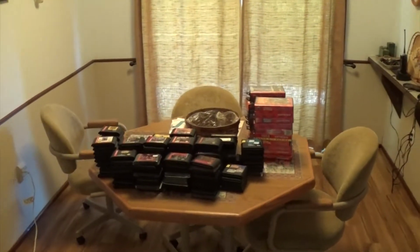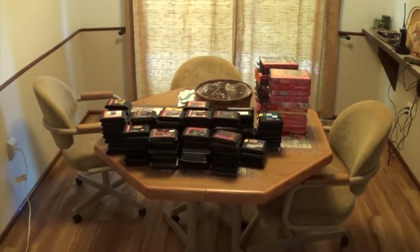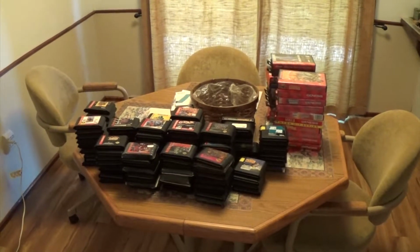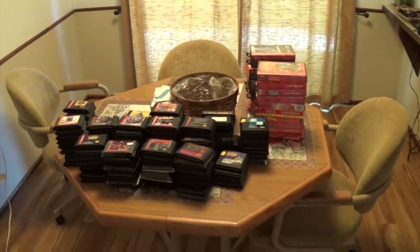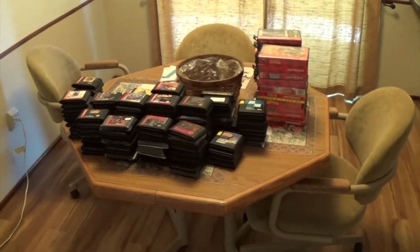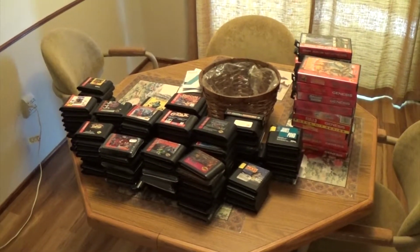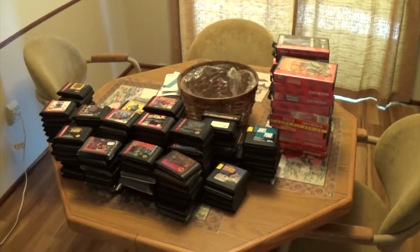First it was the N64 collection. Now comes the Sega Genesis. And a little backstory about this. Most of these a good friend of mine gave to me. He had about 3 boxes full of Sega Genesis cartridges, and he was giving away his collection. He kept his Nintendo games, but he didn't want his Sega ones anymore, so I guess I'm the one to